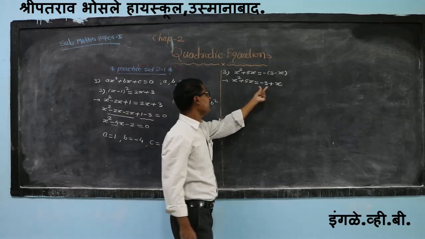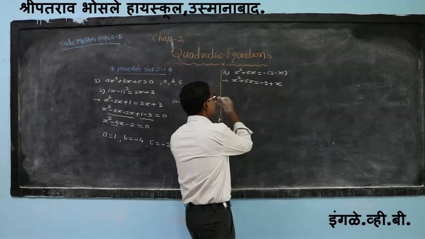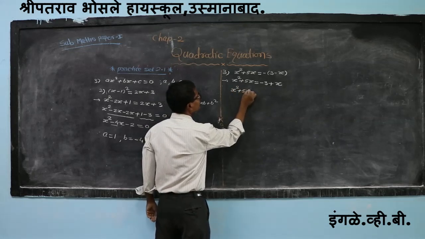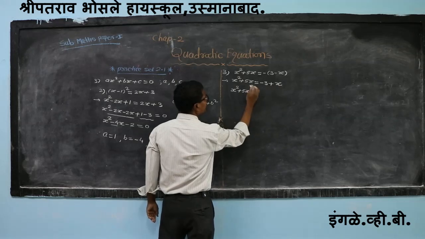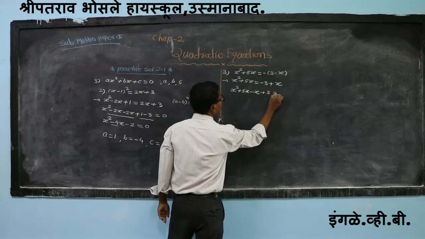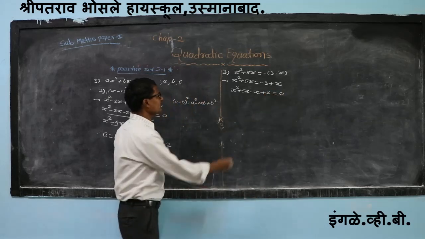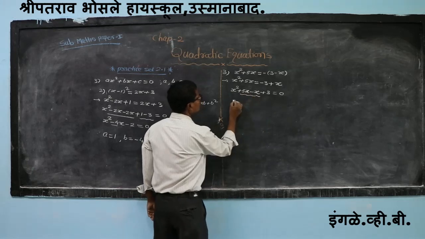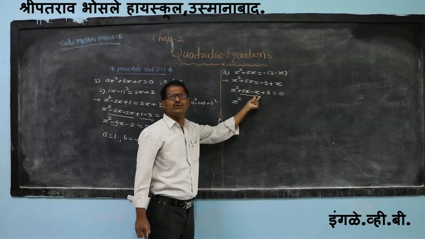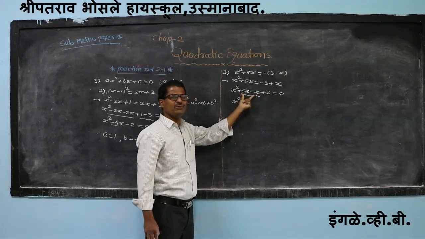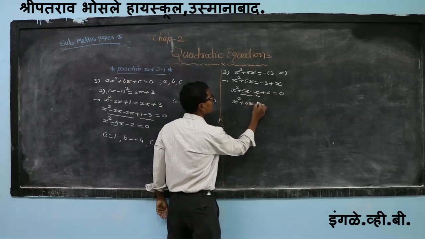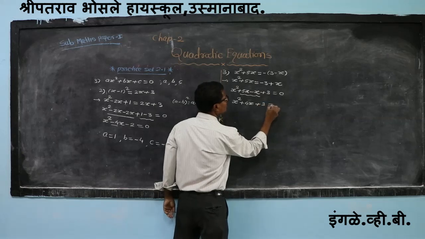Now we have to take minus 3 and plus x to the left hand side. x square plus 5x, x becomes negative, so minus x plus 3 is equal to 0. Like terms, so x square; here 5x is positive, x is negative, they are different signs, so take the difference between them. The difference between them is plus 4x and plus 3 is equal to 0.